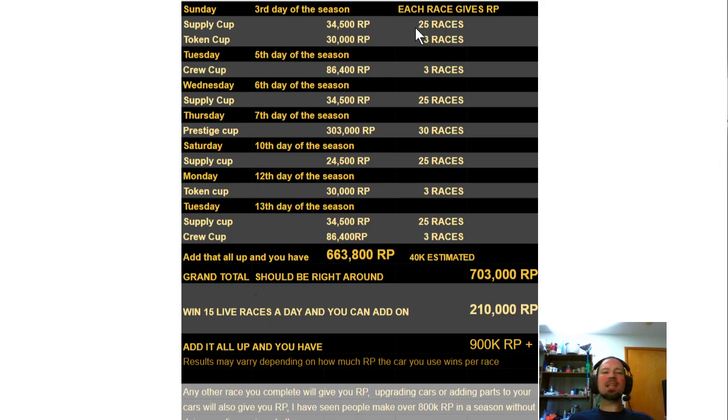Every car, I think it depends on what car you use, the more stars and the more Evo points and stuff, the more RP you get. But generally I get usually between 200 and 250 RP per single race, plus the RP it gives you for completing the little event. So alright, Tuesday, the 5th day of the season, we've got a crew cup that's